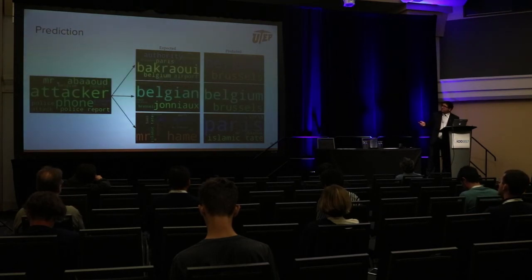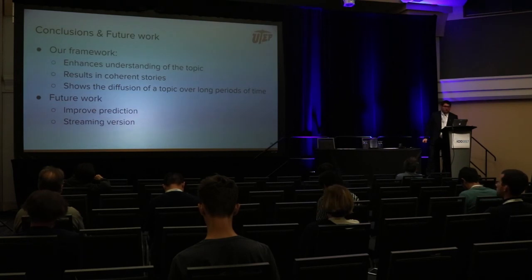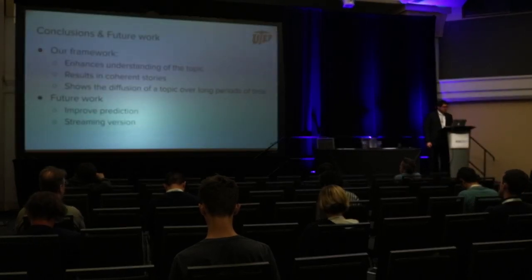And you can see that there are several terms that repeat themselves here, like Paris attack, Belgium, Brussels. In this case, Syria, Islamic State. So we think that this has promise, in particular because we used a very simple linear regression, and